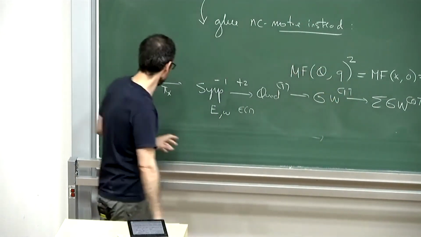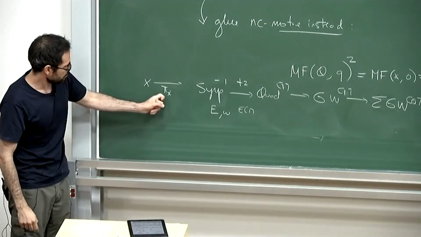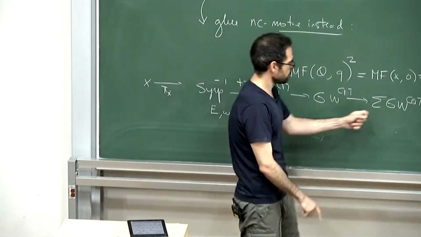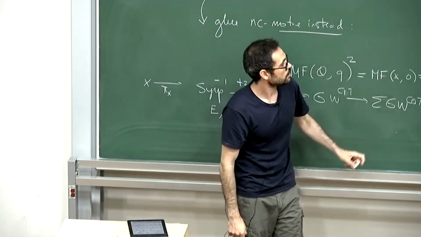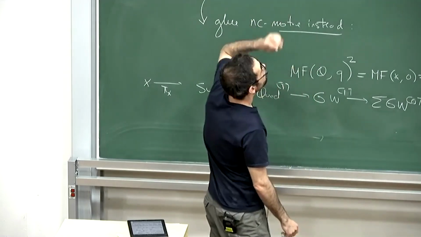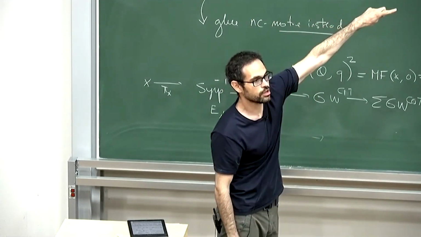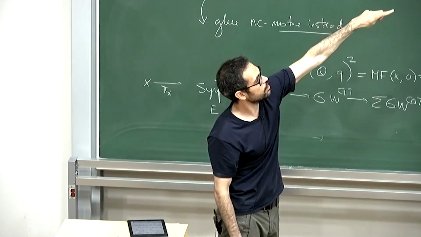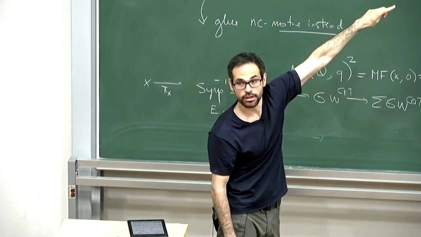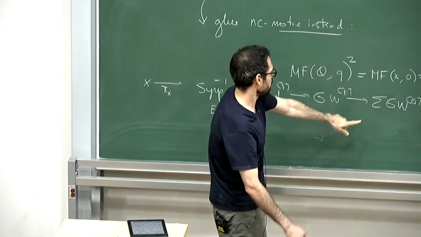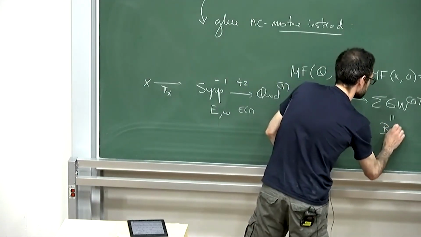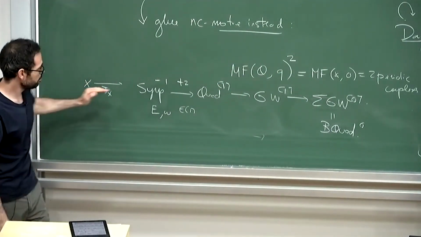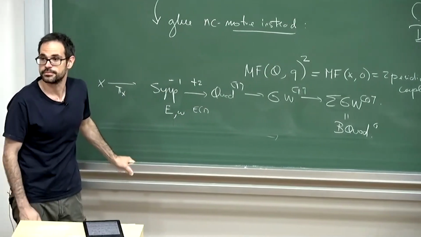Very good. So you see, every time you have a scheme which is -1 symplectic, you get this map that lands in the suspension of the Grothendieck-Witt. Something I didn't mention in this story is that every time we take the quotient, quad is a monoid, not a group, so there is a group completion going on. So actually what you have there is not B quad, it's the Grothendieck-Witt. So you land in the same place. This is B quad. So this map is that map. They are the same map.